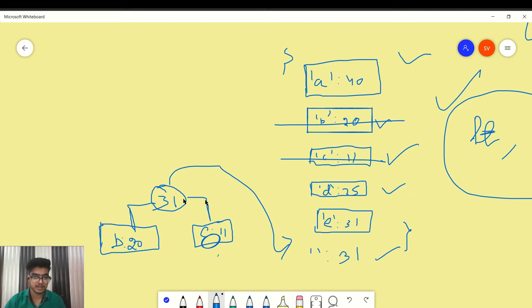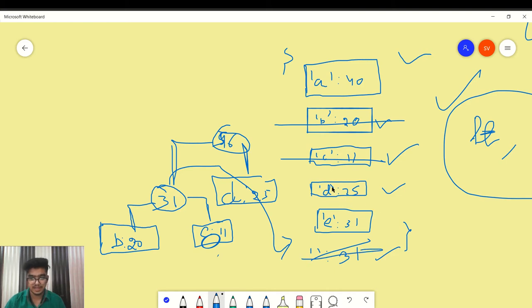So we are writing here 25 and 31 is there, and by adding this we get 56. And again we are pushing, so cancel this 31 and 25, and we have 56.